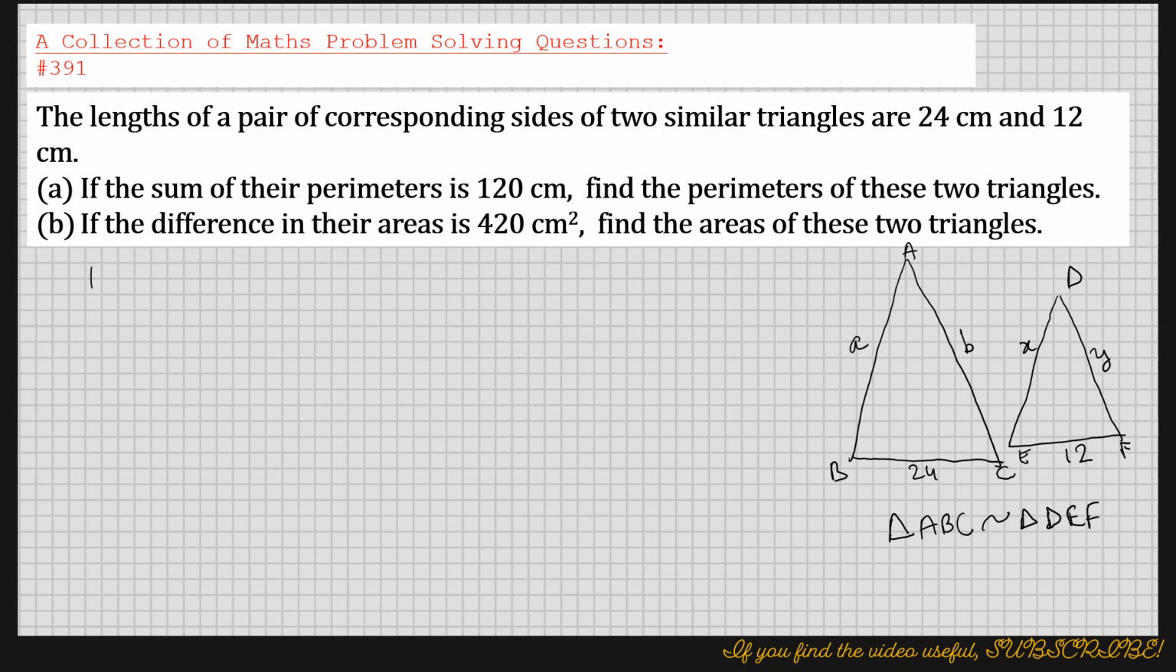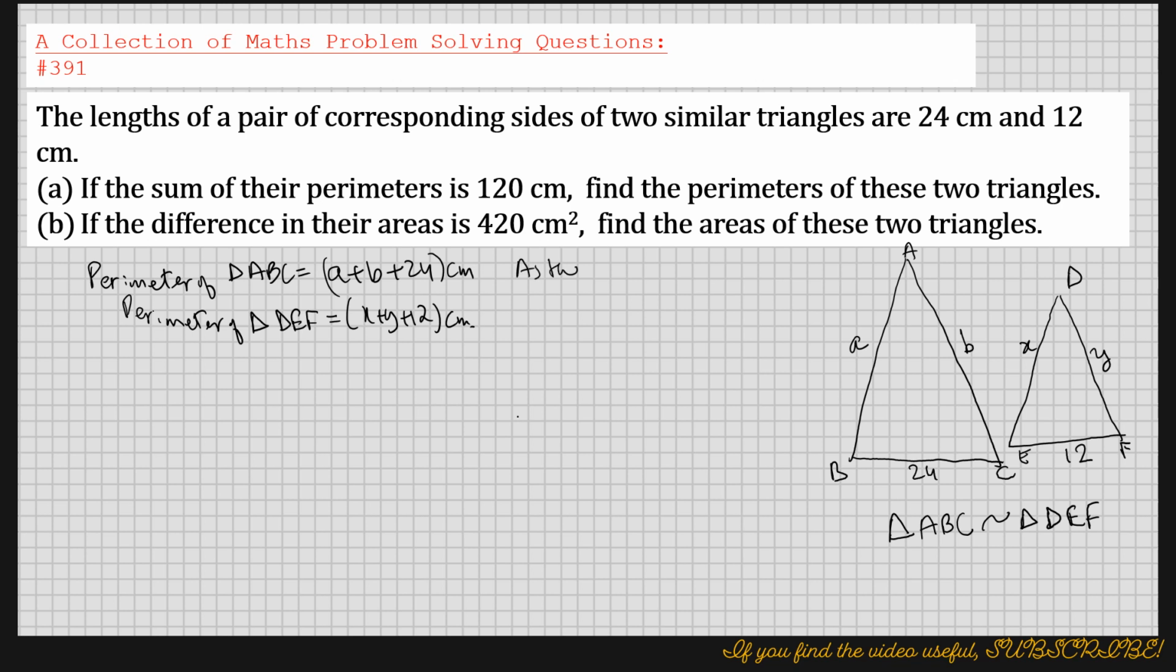So the perimeter of triangle ABC would be a plus b plus 24 centimeters, and the perimeter of triangle DEF would be x plus y plus 12 centimeters. Now because they are similar,